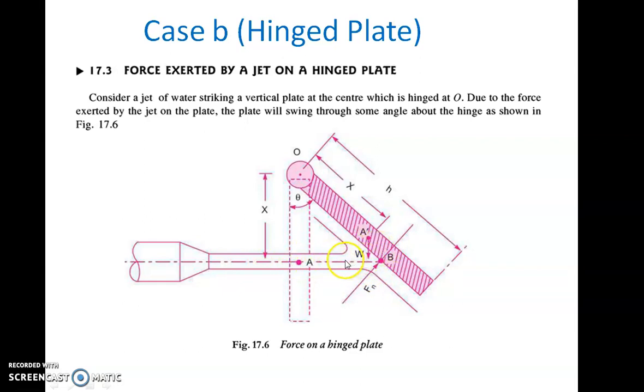it is exerting force at point A, but if you want to take the moment about point O, then you have to calculate the perpendicular distance OB. So again you have to resolve that Fx along this direction, that is called Fn. So taking the moment about O, you will have some relation between this W, Fn and angle theta. So what is that relation? That relation will give you some formula to calculate this angle theta.